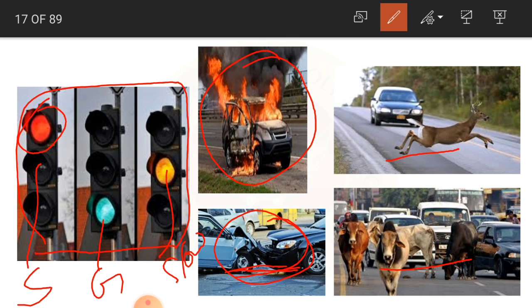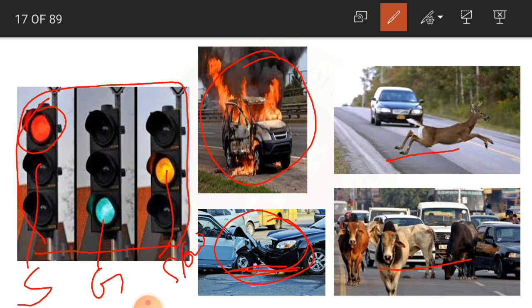According to the traffic on the road, these lights will light up so that you can stop your vehicle, start your vehicle, or slow down your vehicle.